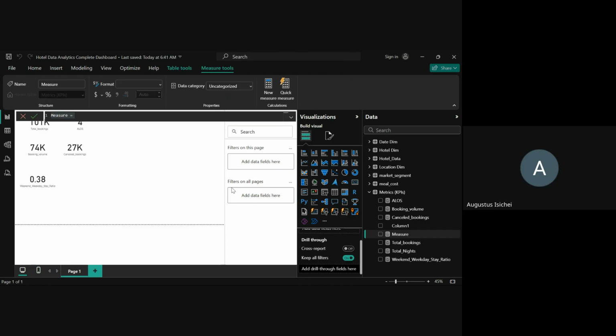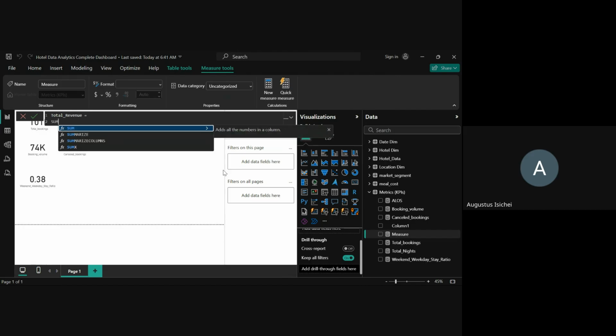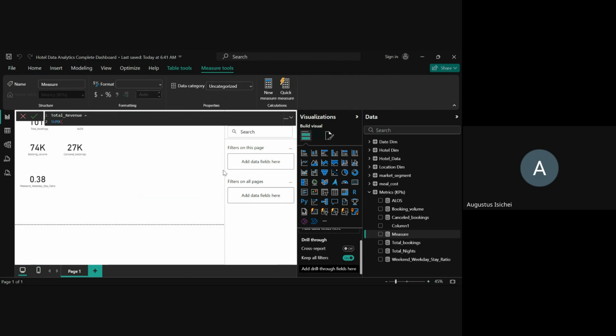So total revenue will be equal to, like I said, I'm using a SUMX of, so what are we summing? The hotel data. SUMX of hotel data, comma, hotel data